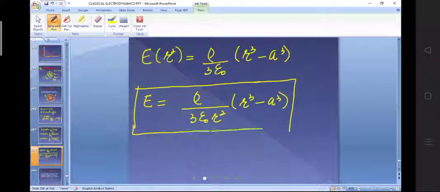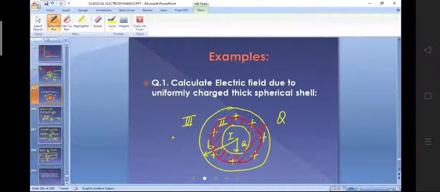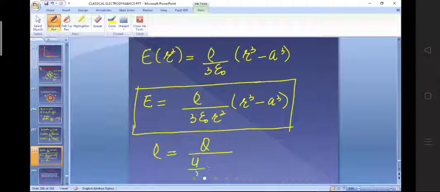And in case rho is not given to you, you can replace rho by the charge per unit volume. It will be equal to the total charge on this spherical shell, that is q, divided by volume. Now the volume will not be 4 by 3 pi a cube or 4 by 3 pi b cube. Rather, the charge exists from a to b. There is no charge from 0 to a. There exists charge only between small r equal to a and small r equal to b. So in place of volume, I will write 4 divided by 3 pi into b cube minus a cube. Then safely you can substitute this here, and you will have one more equation. So this is the electrostatic field.